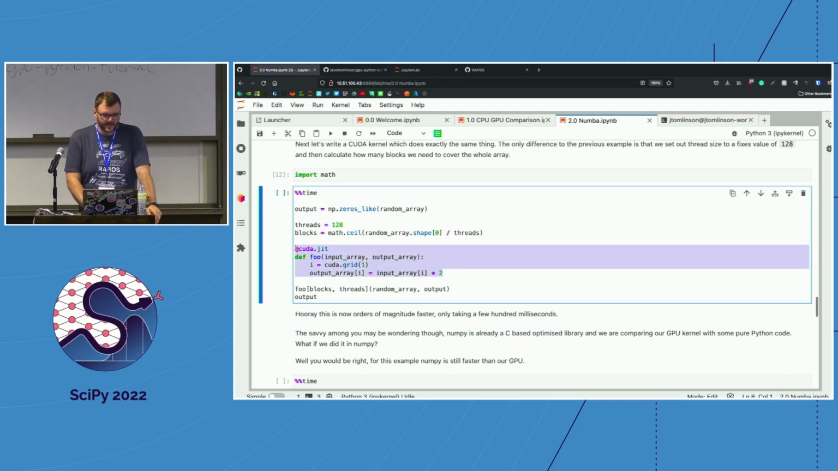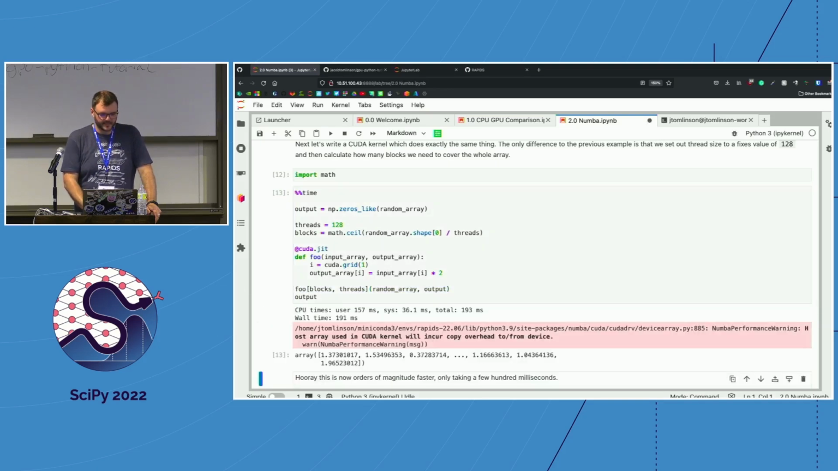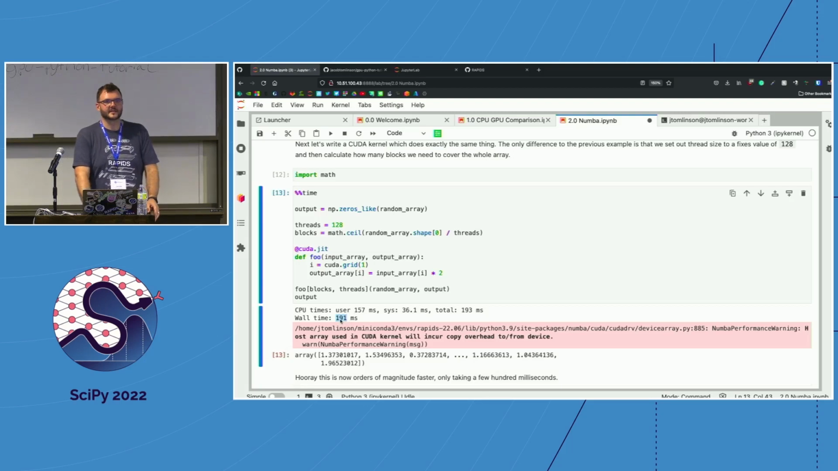I then have a CUDA kernel here, which is going to take our input array and our output array. It's going to get its index to say which item in the array do I work on, and then it's going to update the output with the double of the input. And then I'm going to do my strange GPU call, where I give it the number of blocks and the number of threads in each block. I'm going to give it my input and output. And that's going to run on the GPU in 191 milliseconds, right, compared to the 12 seconds that that took